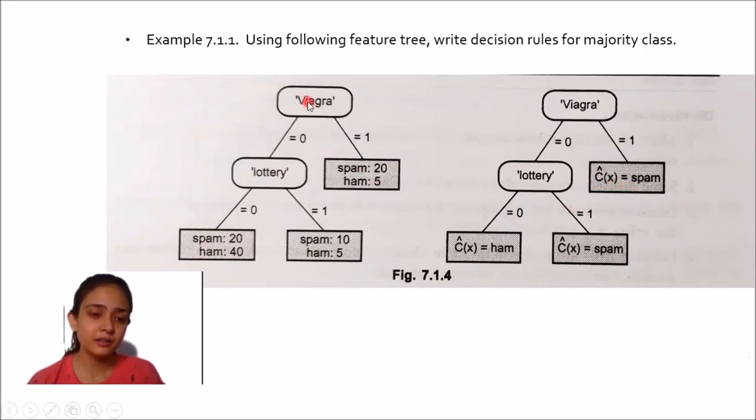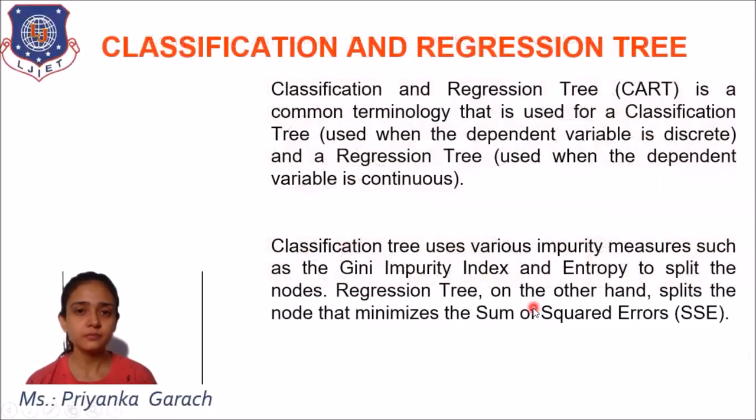If I am going right like this in my tree, that is 0 and 1 in this direction, what will be my class label? I will take the majority, so I will write my class label as spam. This is how you can make use of the majority of the class if you have both class labels present in the leaf node.